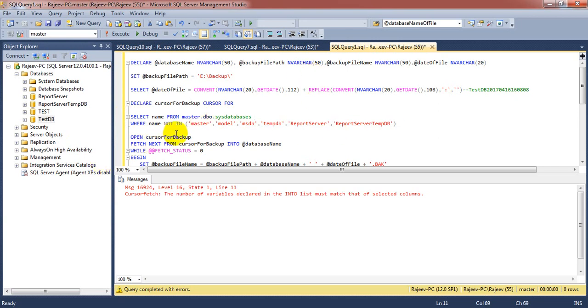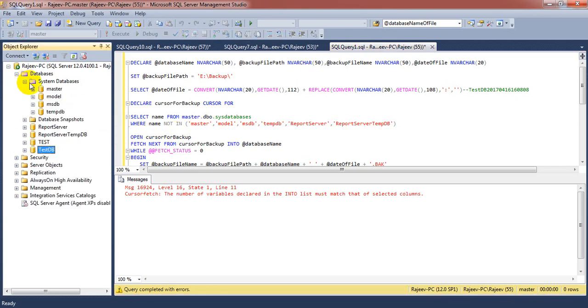So where name not in the system databases, we don't want to take a backup of master, model, MSDB and tempdb. Along with that, we don't want to take a backup of ReportServer and ReportServer TempDB. So select all databases except master, model, MSDB, tempdb, ReportServer and ReportServer TempDB.